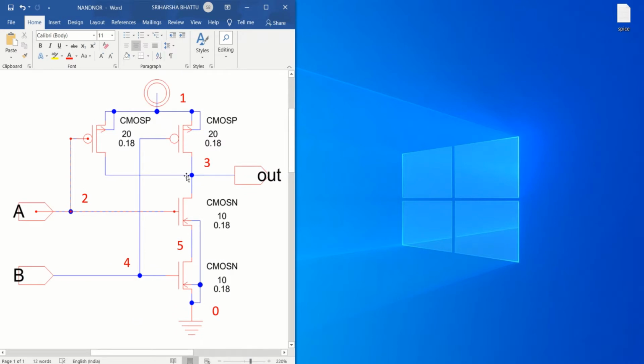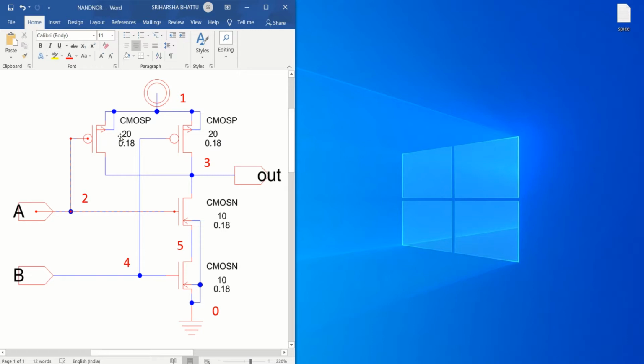Before we write the SPICE netlist, we have to understand the circuit architecture. Here, there are two PMOS and two NMOS. The two PMOS are connected in parallel, two NMOS are connected in series with A and B as input and out as the output.